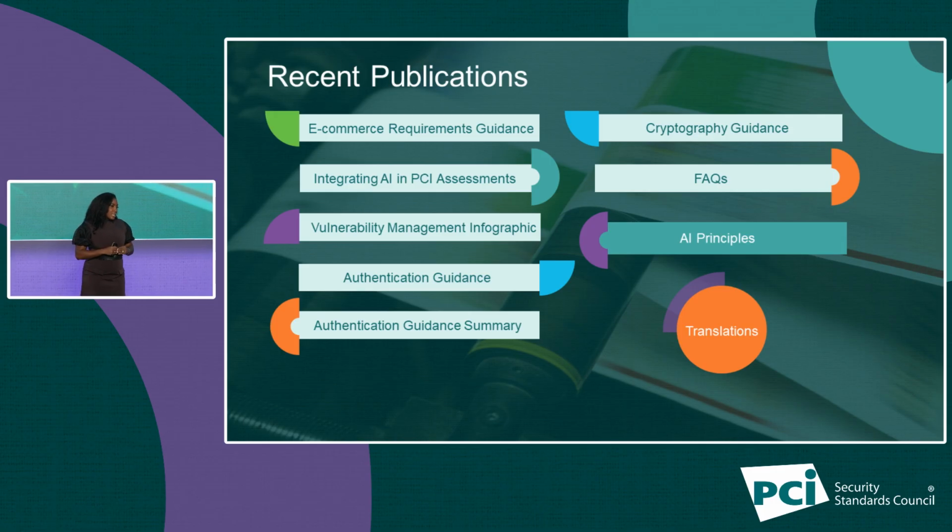And finally, we've updated and added a plethora of new FAQs that you'll see available on our website. The latest blog post we published was on AI principles, so it helps organizations understand what they may do, must do, and should do when integrating AI into their payments ecosystem. And translations have certainly been added of all of those documents I mentioned. We recognize that we are a global community, and to support the understanding of the global community, we've made sure to translate all of the material that we've published this year. Never before has the Council translated so much of its content to support our global audience.